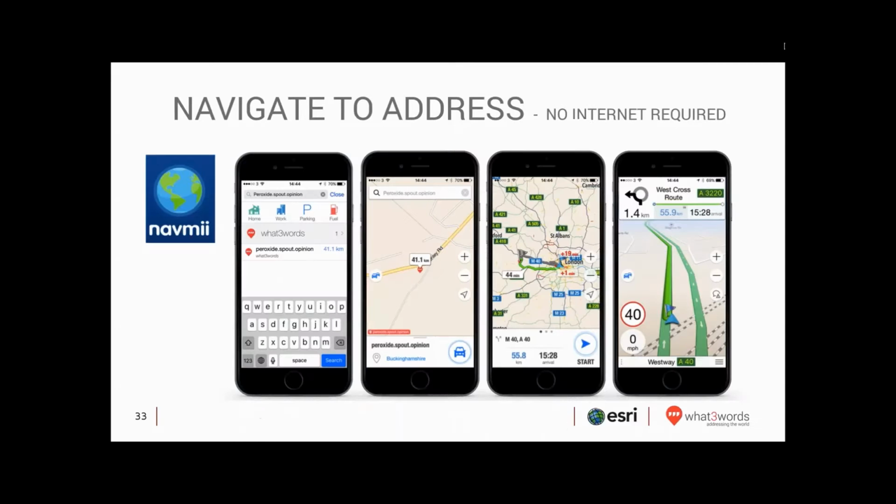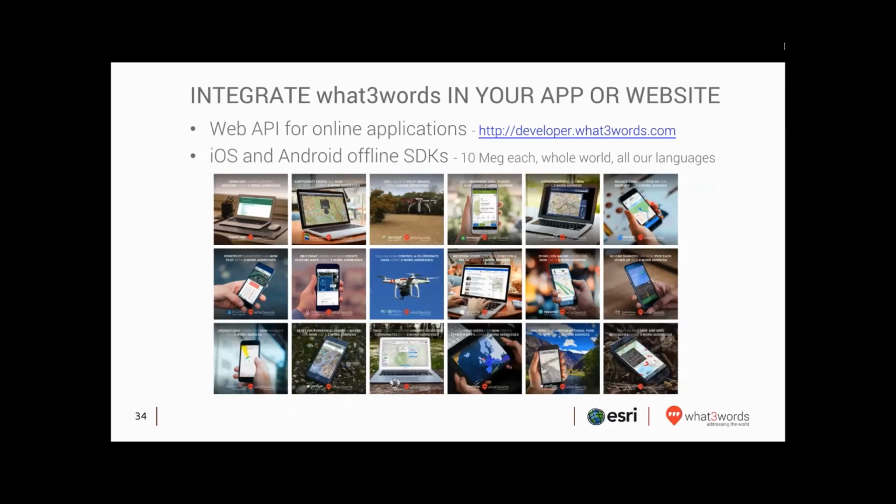But also one of our partner companies is a company called NavMe, which has got a fantastic sat-nav solution for iOS and Android. They have integrated what3words software into their navigation, and so you can see there that you can type directly into NavMe the 3 words address, and it will give you turn-by-turn navigation to the precise location. So we have many different partners who've integrated what3words.